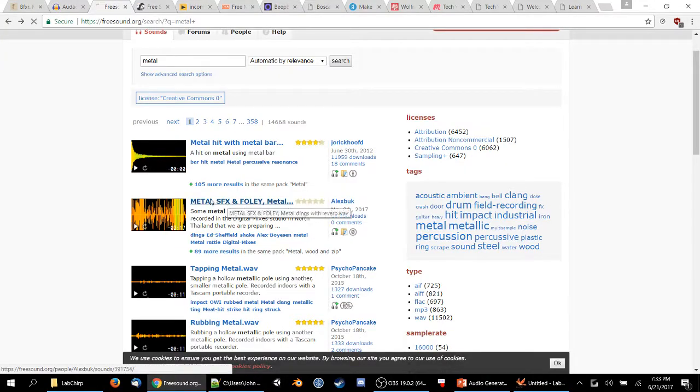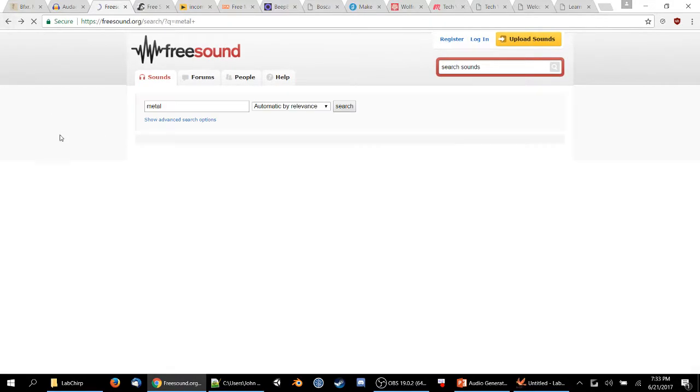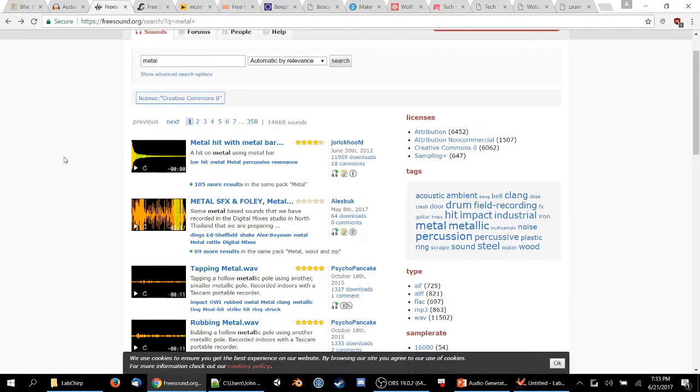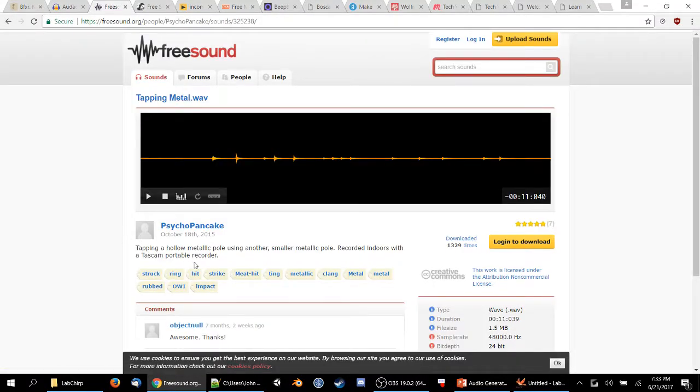Another thing to keep in mind is that, not in every case, but some of the users actually do go into a fair amount of detail about what tools they use to record sound, or what they use to create it. So you can kind of find out. This one, they used a Tascam portable recorder, recorded indoors, that kind of thing.